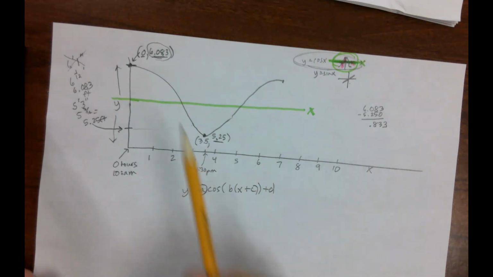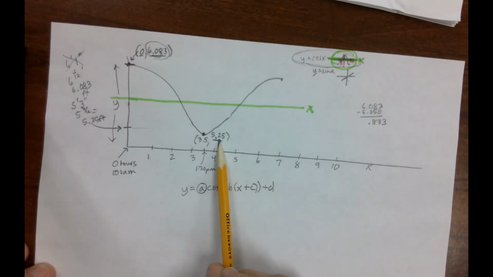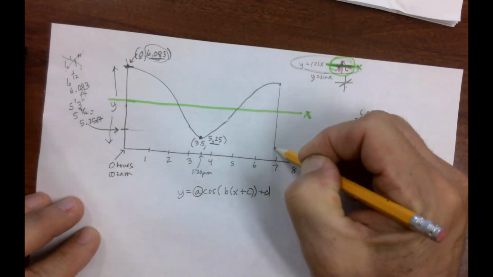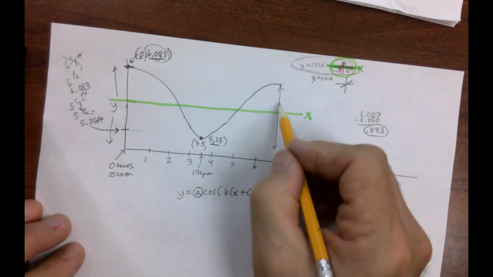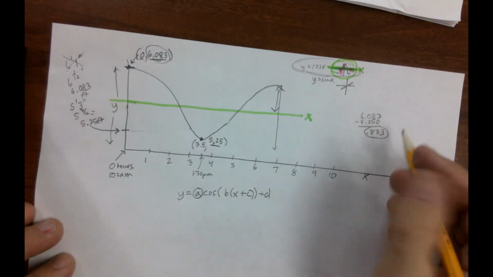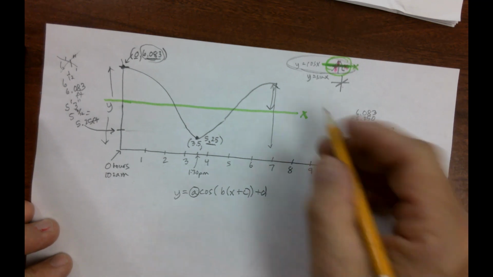All right, so again, high tide 6.083, low tide 5.25. I'm going to subtract because I want to know what this entire distance is, which is 0.833. But I only want to know half of that. So I'm going to take 0.833 divided by 2. I'm going to use my calculator, and I get 0.4165. So right here,